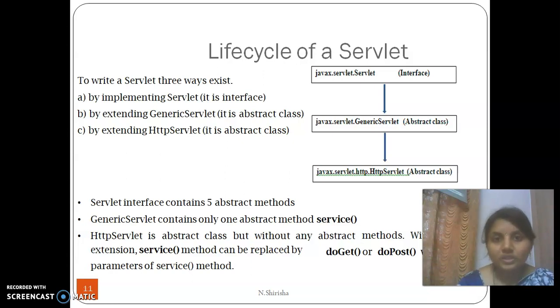So what are the 3? One is implementing the servlet, another is extending generic servlet, and the other is extending HTTP servlet.